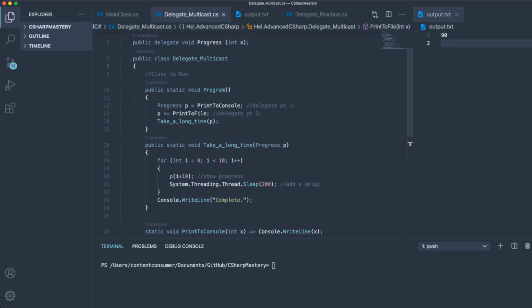If you look in my main class or my program, you can see that the first thing I do is I create a variable of my delegate, right? So I'm saying my delegate is equal to my method, and the first thing I wanted to do is print to console. Now, this is the cool part about delegate multicasting, is that you can actually add methods together. So what happens here is when I say print to console plus equals print to file, when I run the program, it will print to console first, and then it will print to the file,